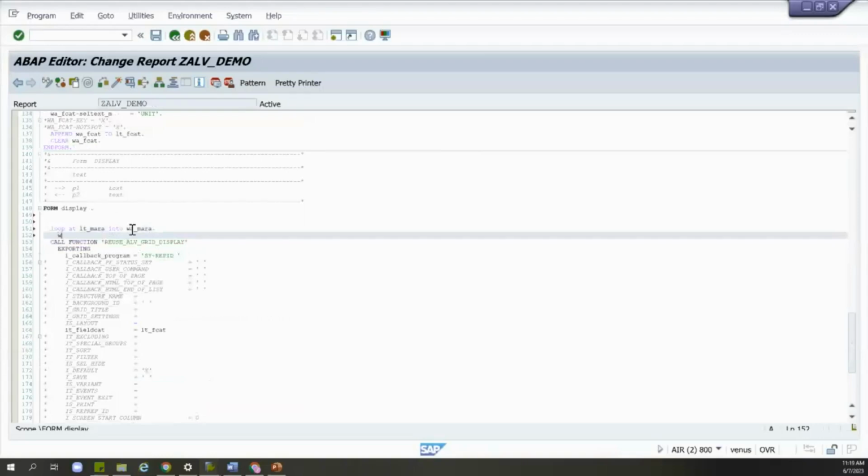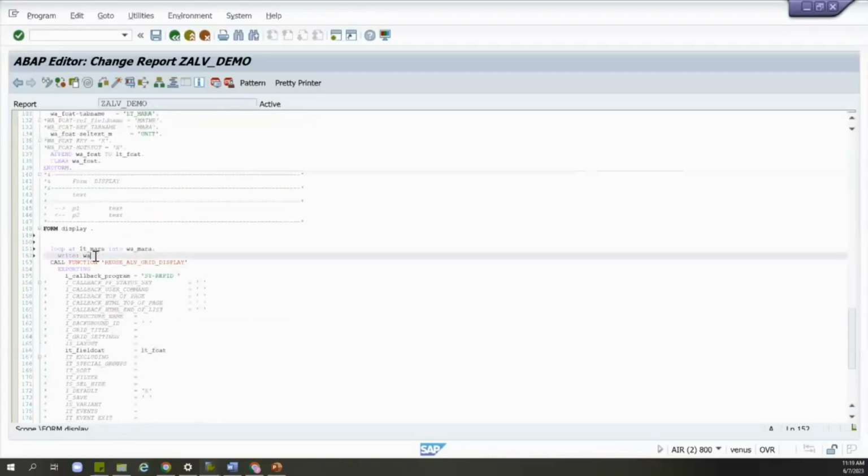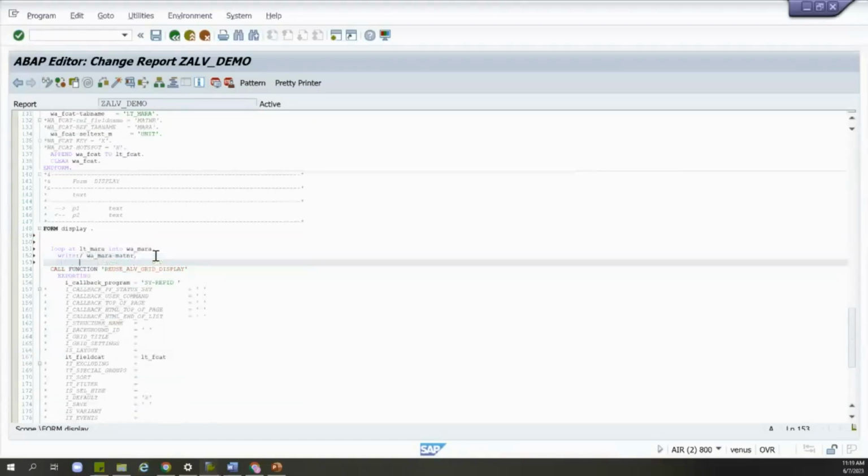Okay, and then I will use write WA_MARA, WA_MARA-MATNR,